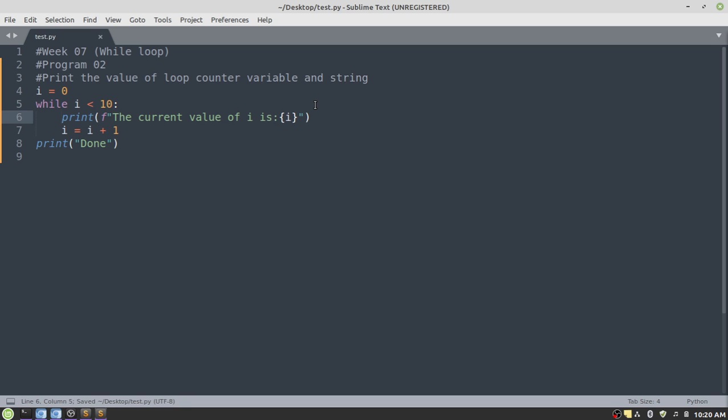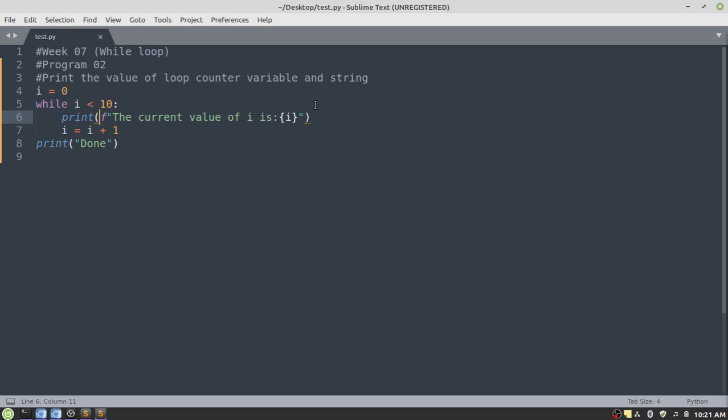And then we want to display this statement. What's important to note here is the character F. F stands for format. First print this string until here, "the current value of I is", and then after printing it, print the value of the variable I. So the current value of I is 0. It will print 0 here. With the help of this, we have to enclose it in the curly braces,